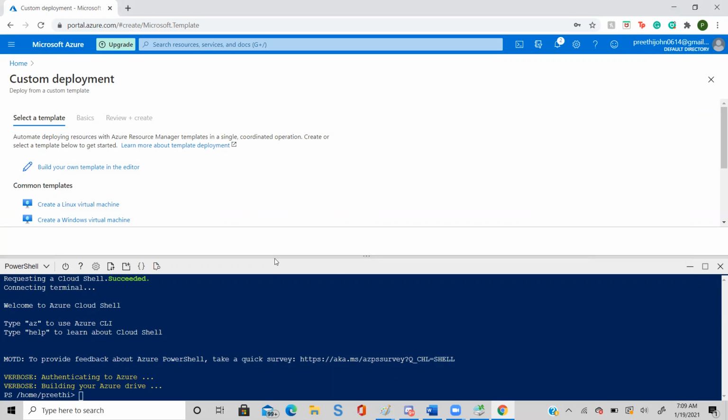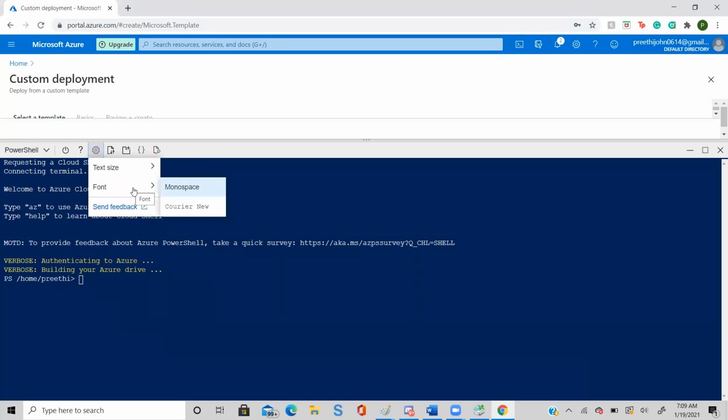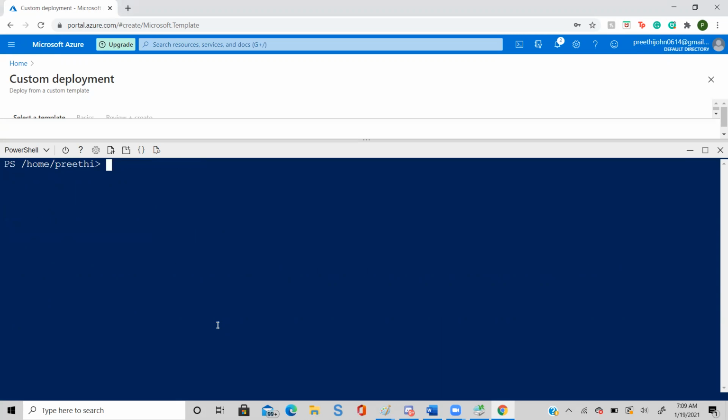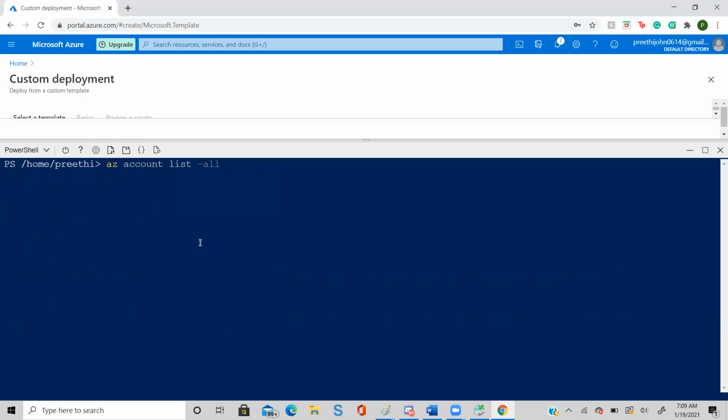I can make it a little bit bigger, and let me see if I can increase the font size, make the text large. Okay, so I'm just typing CLS to clear the screen, and I'm pasting this command. What I'm saying is, please show me how many users we have in my Azure.